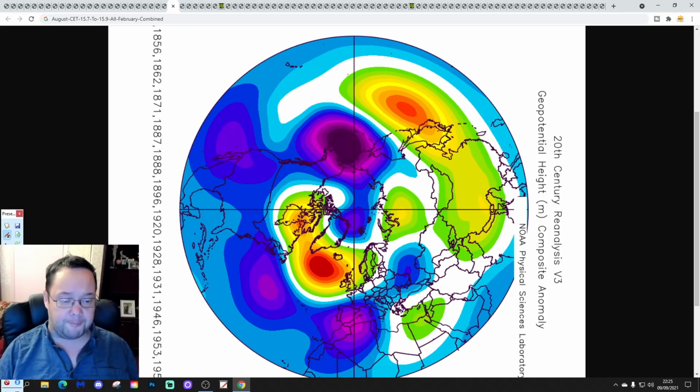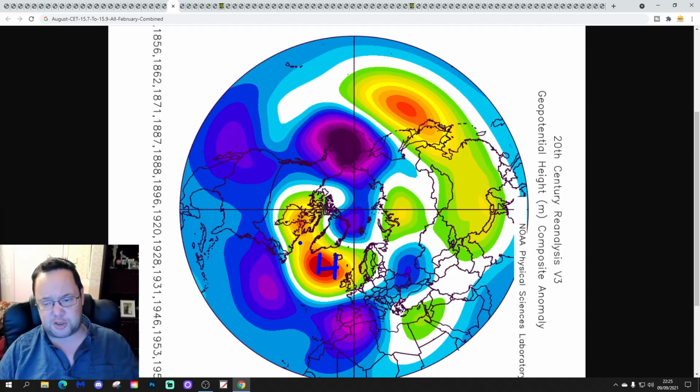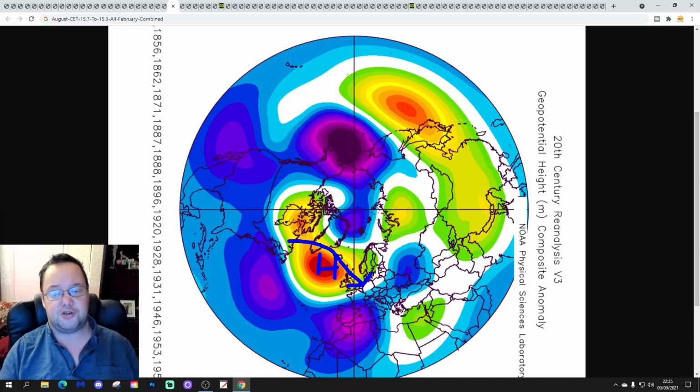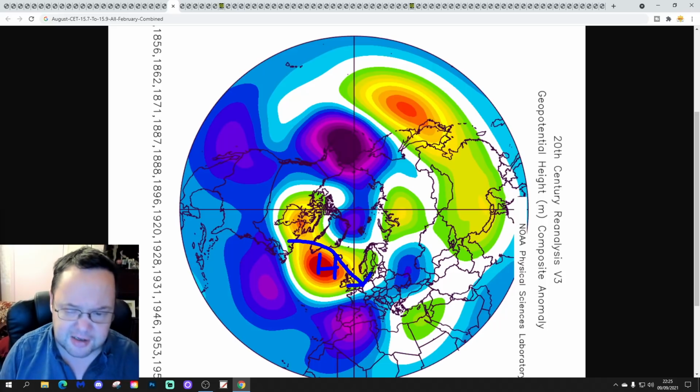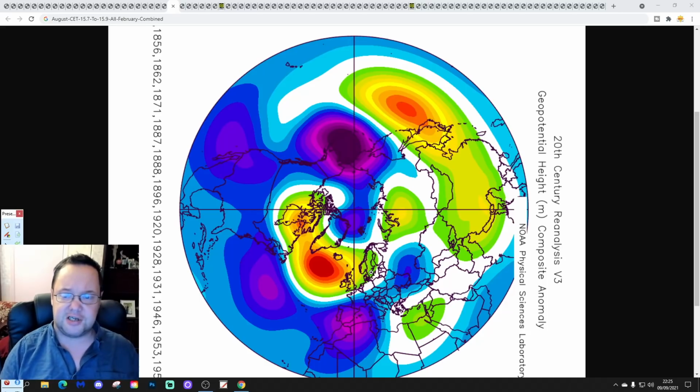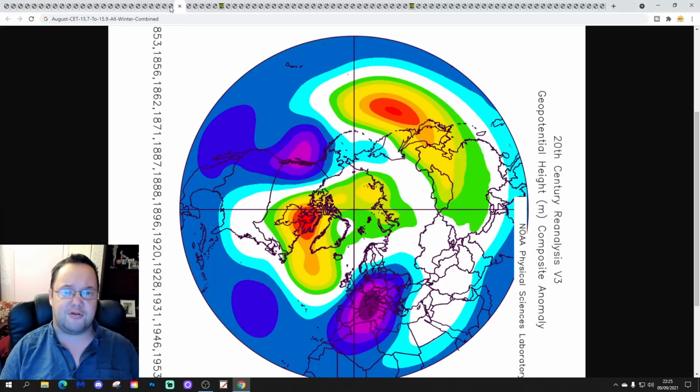And then we go through to all Februaries combined, following August CT range from 15.7 to 15.9. Rather different pattern for this month, with above average heights then to our northwest. More of an anticyclone signal, so it's a slightly drier signal, and probably favouring a westerly, northwesterly type flow. Again, I don't think it's particularly cold. I think the coldest signal there is going to be in December, but January and February I don't think are particularly cold signals, to be honest.